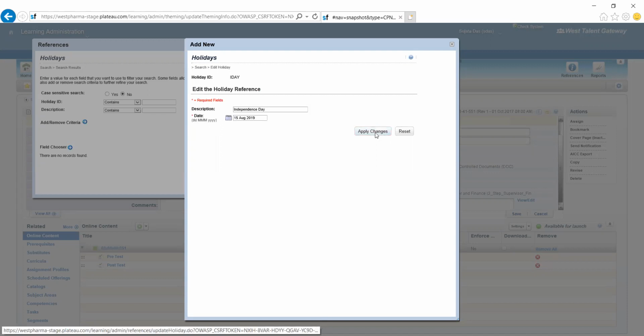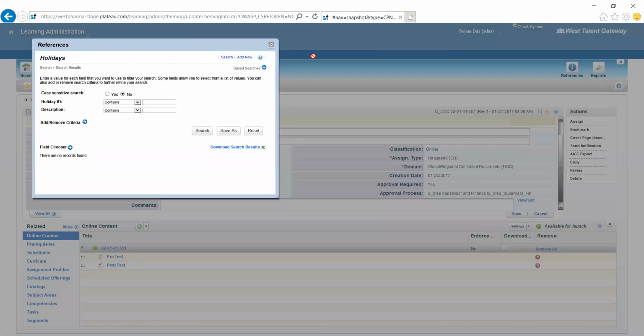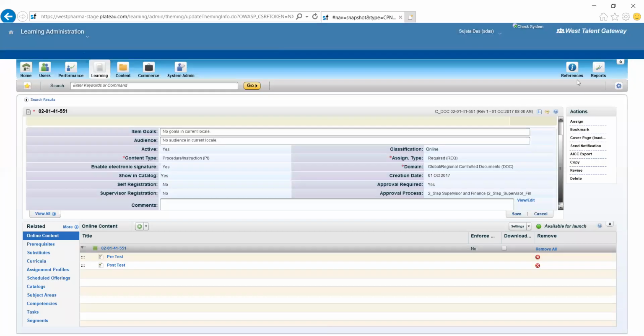Apply changes. So this is the way you can create a holiday here. If you've created any holiday calendar in Employee Central, you can replicate the same in the calendar and time section. Similarly, there is a concept of holiday profile here.